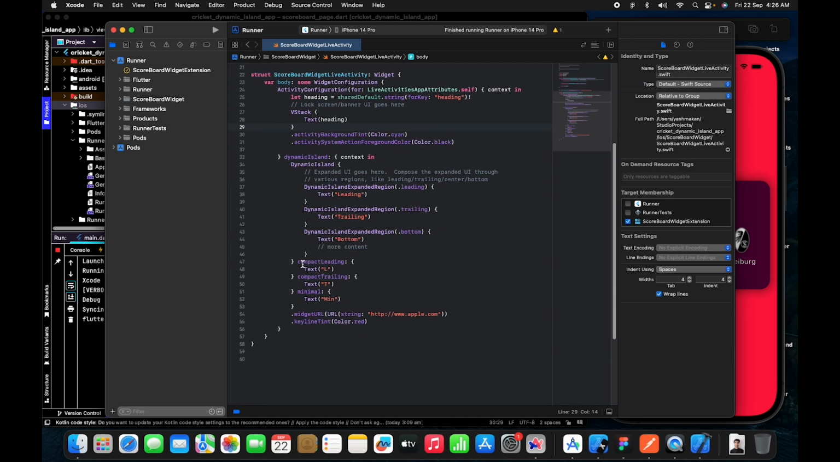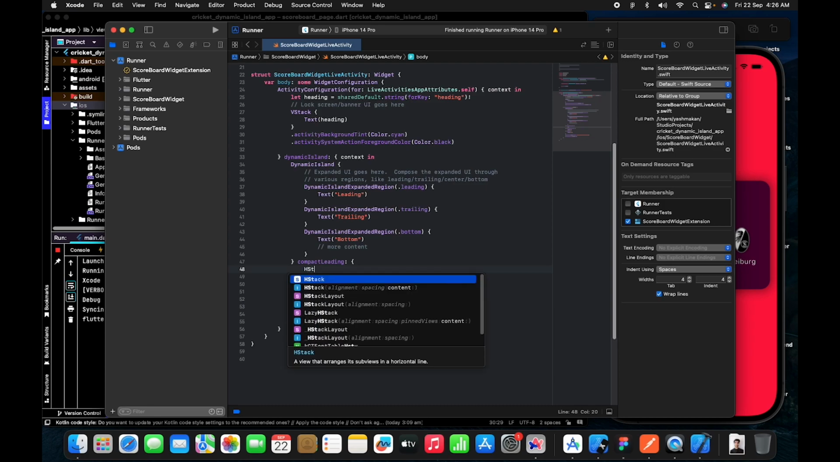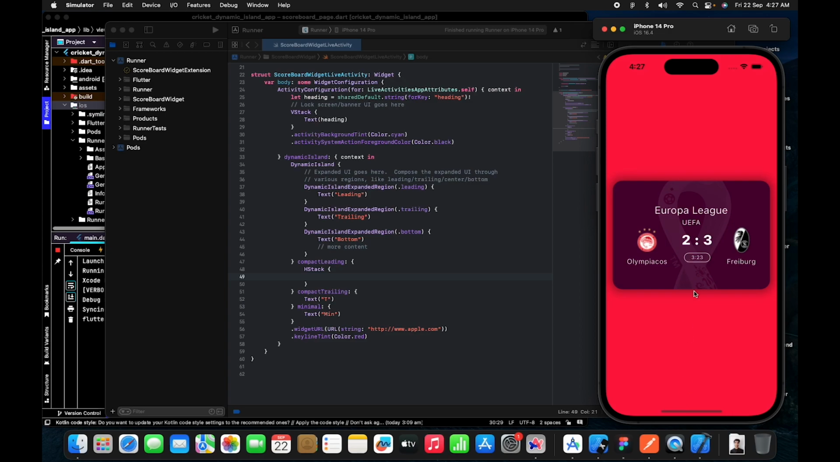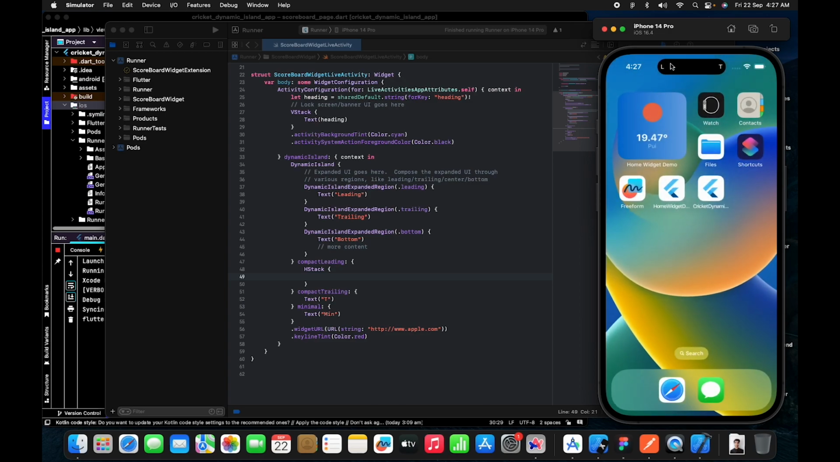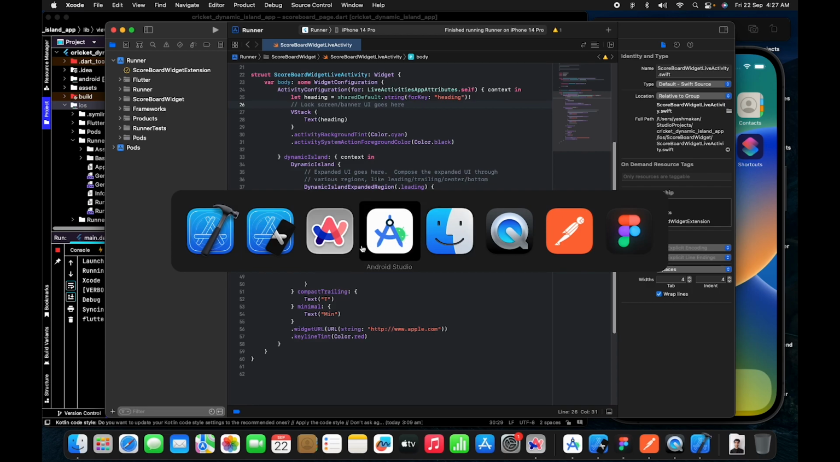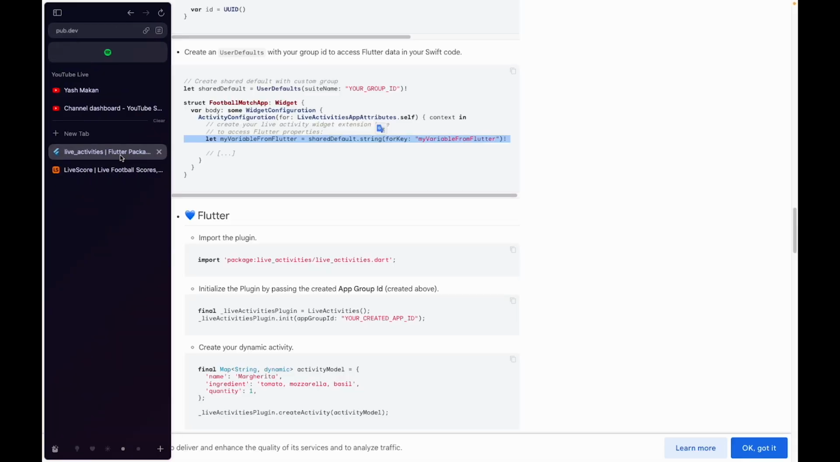And here instead of this compact leading, what we want is an HStack. So let's create one HStack. Basically HStack is a row. So we need a row, and here we need to pass the image basically. So here let me close this. Here we need one image, or basically image and the text. So for the image, what we can do is we can go to the ARC live activities,